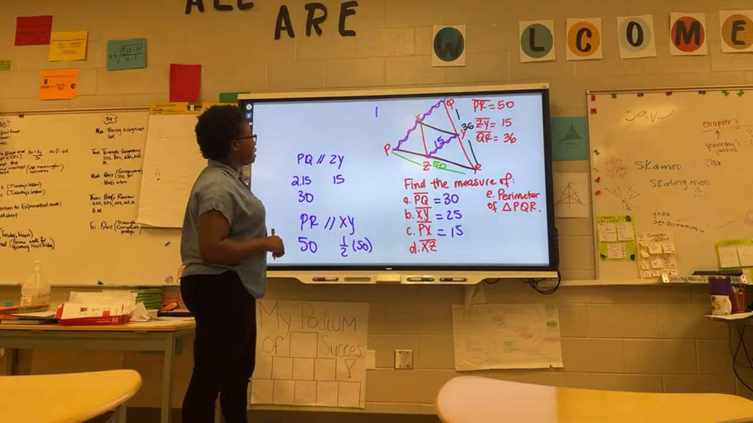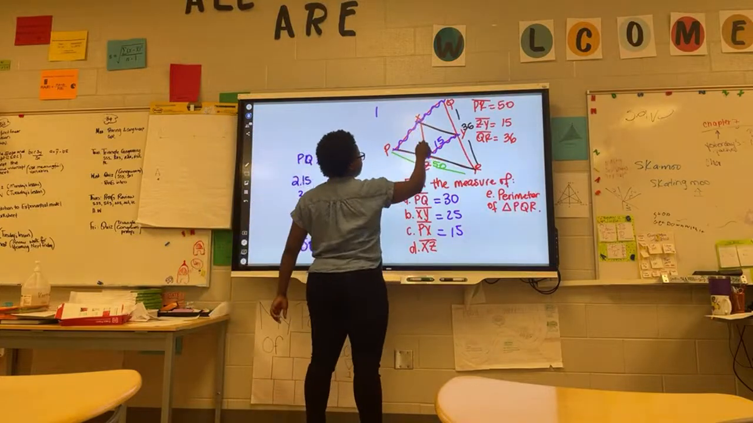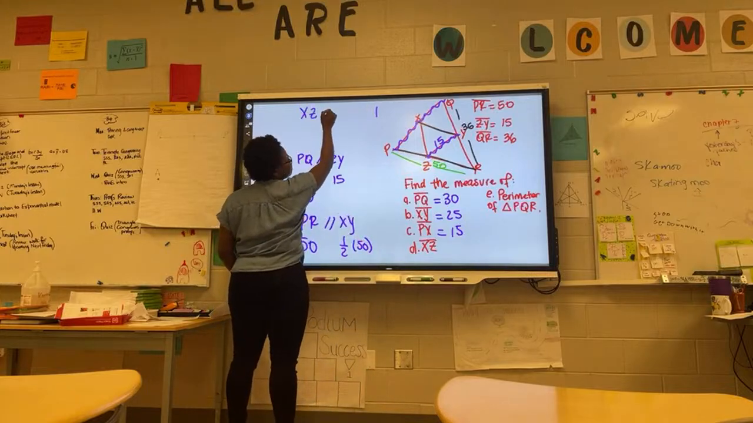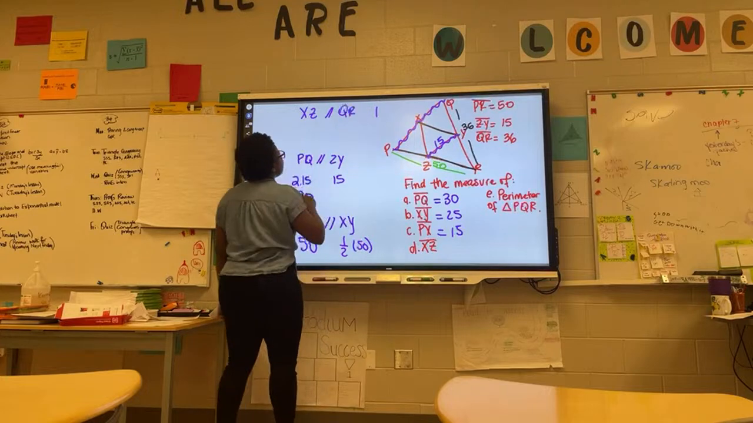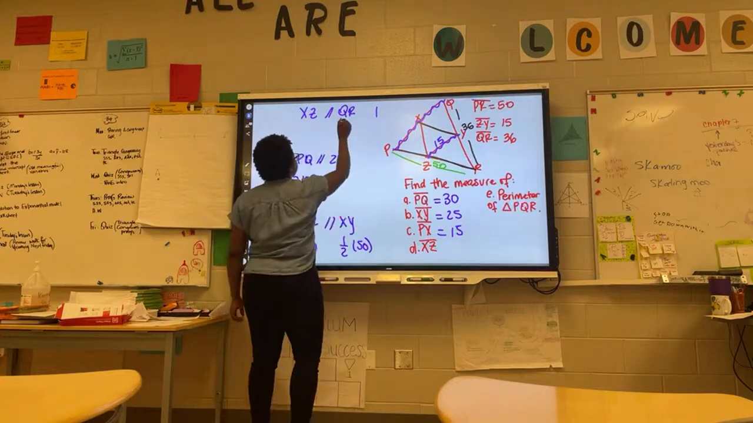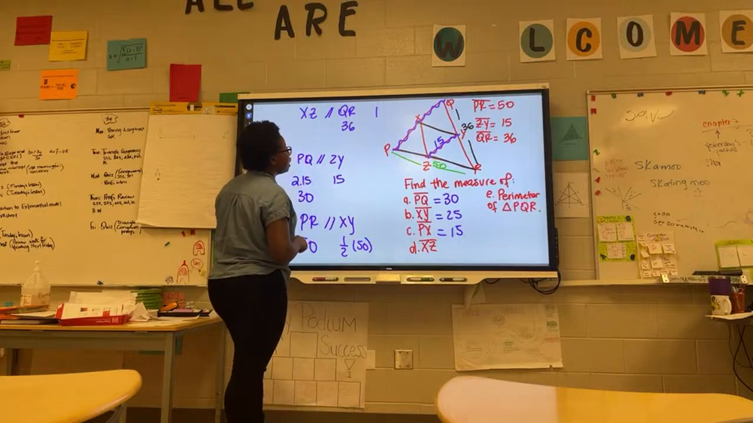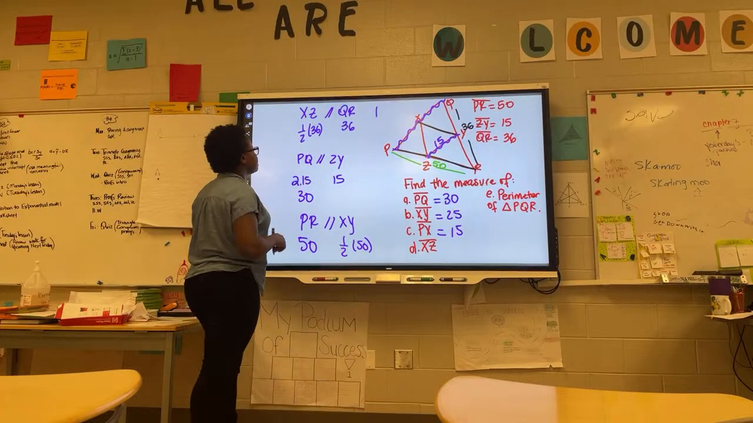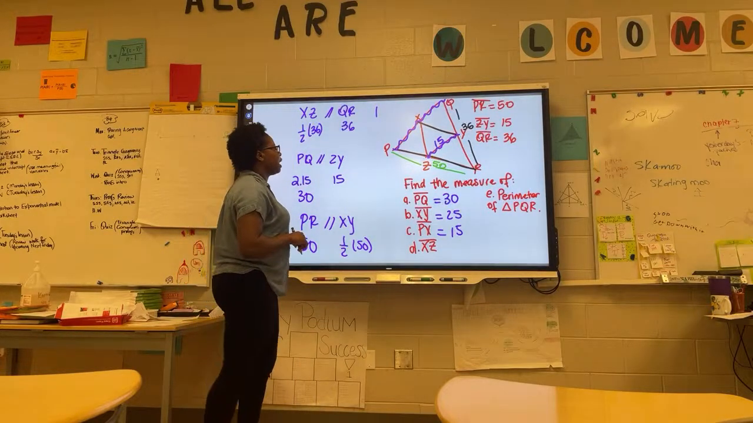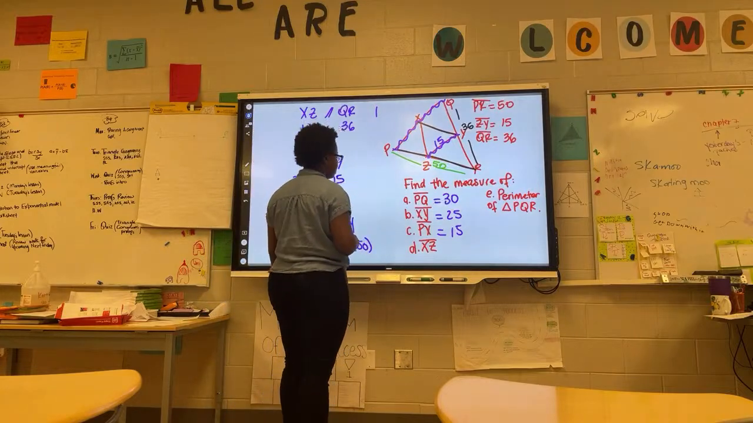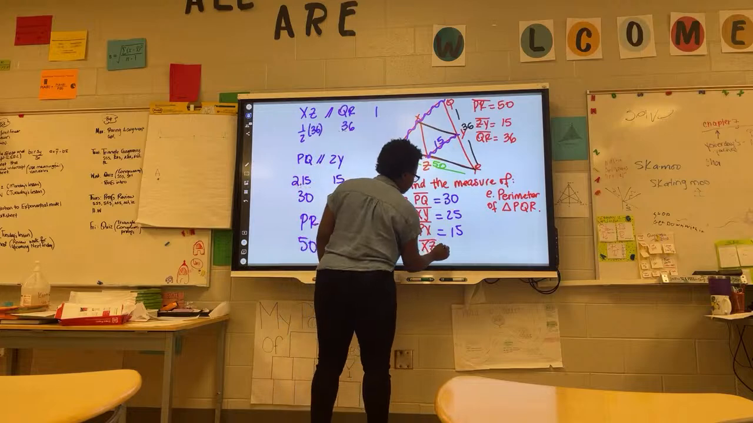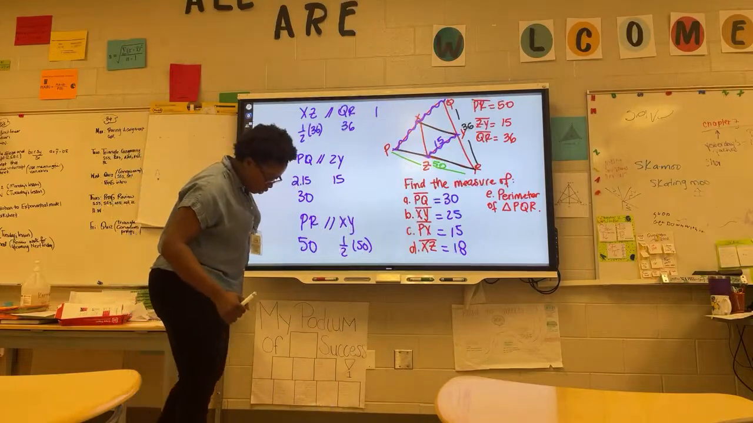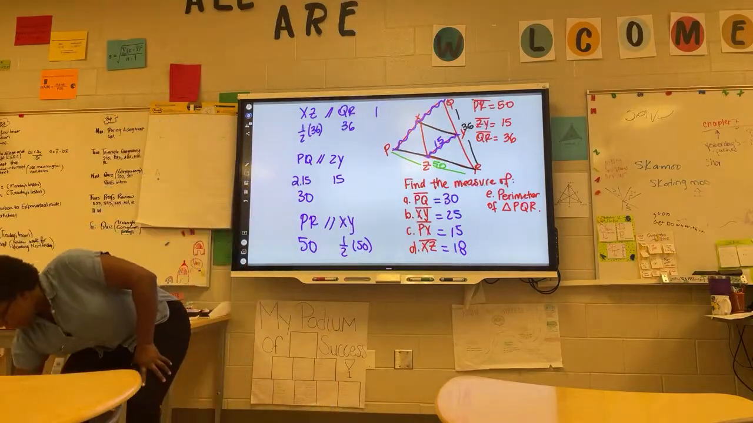Alright, so XZ is a segment here in red, and XZ is parallel to QR. And so QR we got to be 36, which is the longer length. So the shorter one will be half of that. So half of 36 is the length of XZ, and half of 36 is 18. So 18 is the measure of XZ, and that's basically how you simplify questions involving